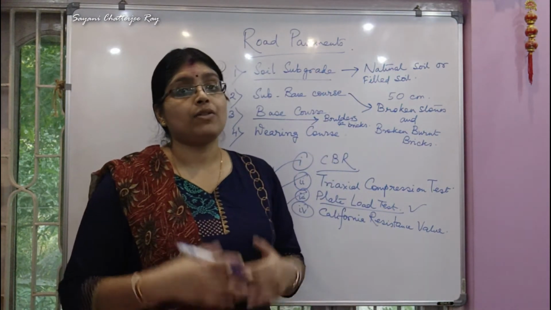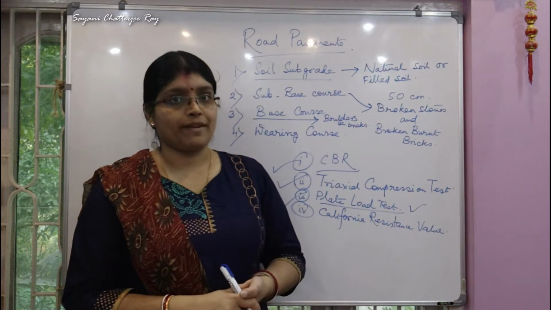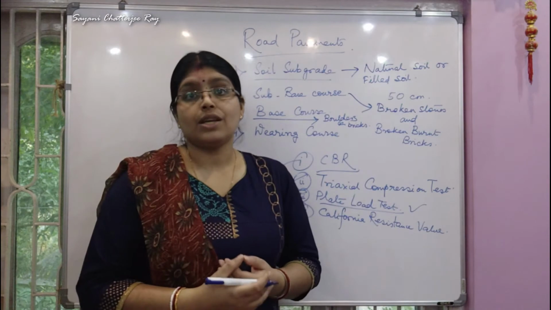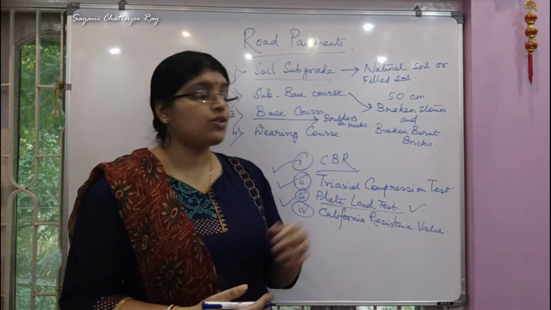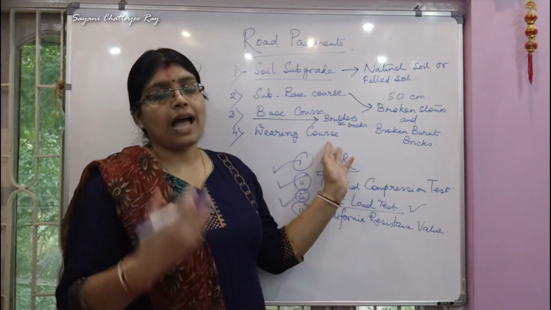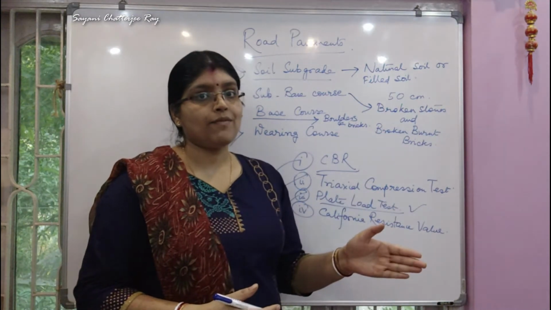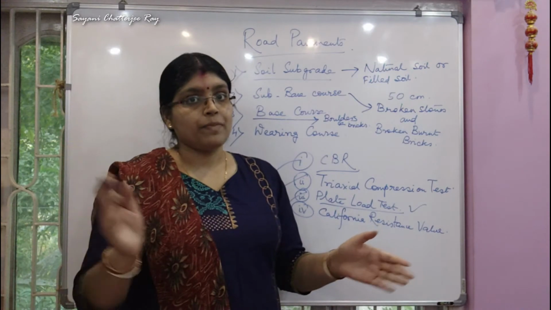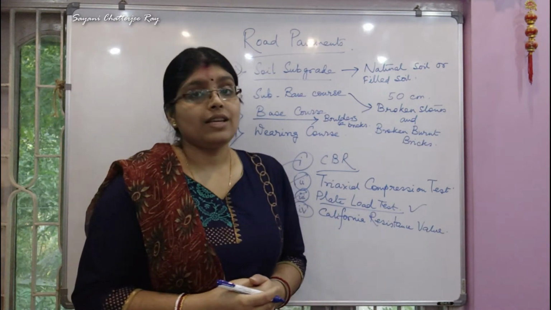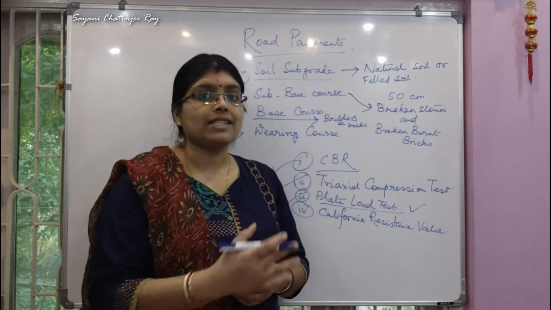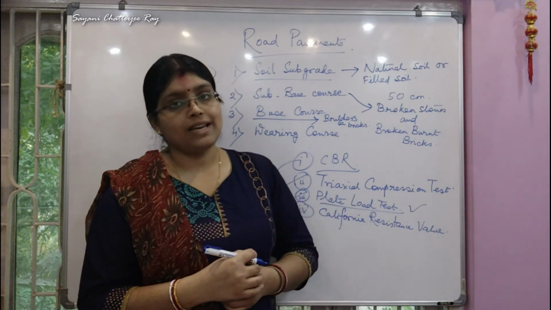Now we will learn about the last and topmost layer of the pavement, the wearing course. Talking about the materials used in this wearing course, I will have to tell you all that it differs in the case of a flexible pavement and a rigid pavement. Basically, the material used in a rigid pavement is a cement concrete layer and that of a flexible pavement is a bitumen layer.